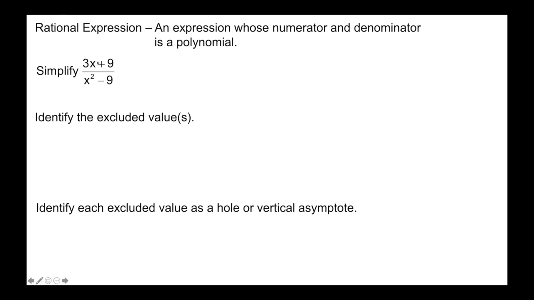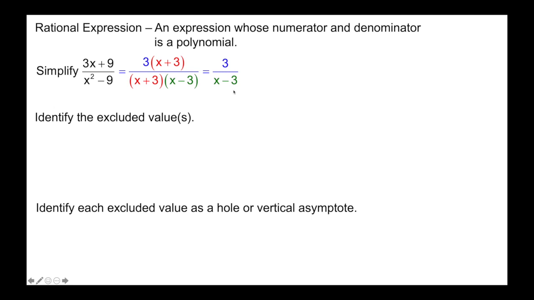So in each case, we're going to take the numerator and denominator and factor each. In the numerator here, we can GCF a 3, and that's going to give us 3 times the quantity x plus 3. In the denominator, this is the difference of two squares. So I'll get x plus 3 and x minus 3 as my two different factors here. Now from there, I'm looking at simplifying it one more time. As I simplify it further, I do see that these would cancel, and that's why my final expression is 3